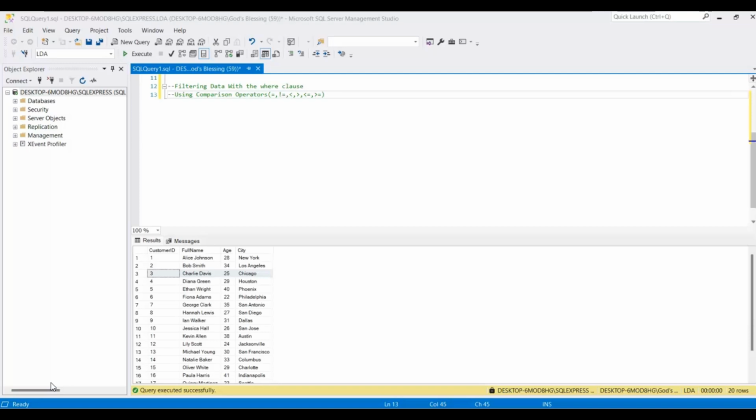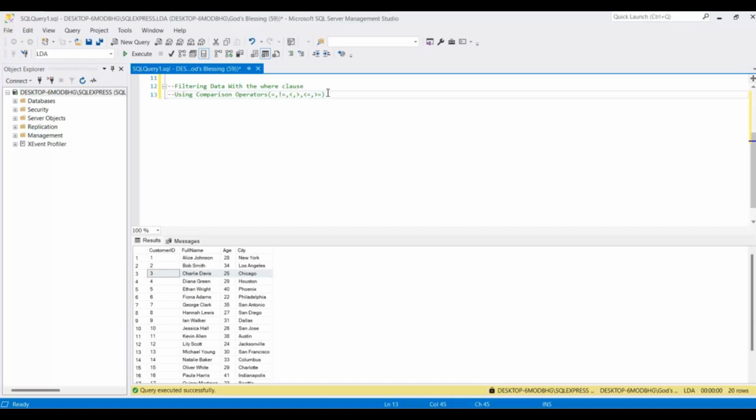In today's video, we'll be looking at the WHERE clause in SQL. And what is this WHERE clause used for? It is used to filter your data. So here, let's start. The WHERE clause is mostly used at times with some comparison operators as well as some